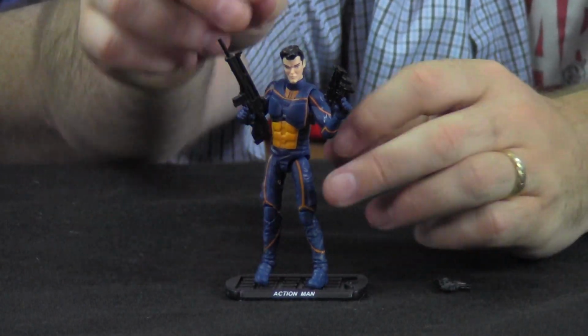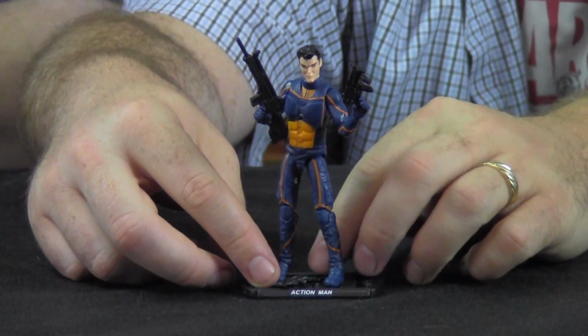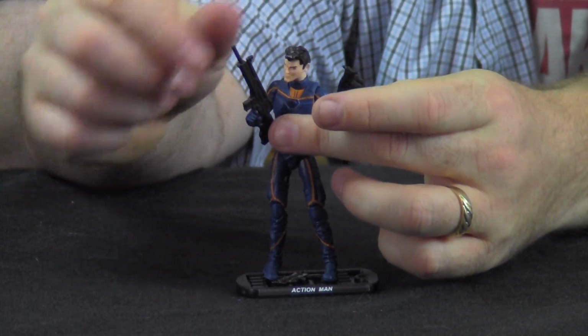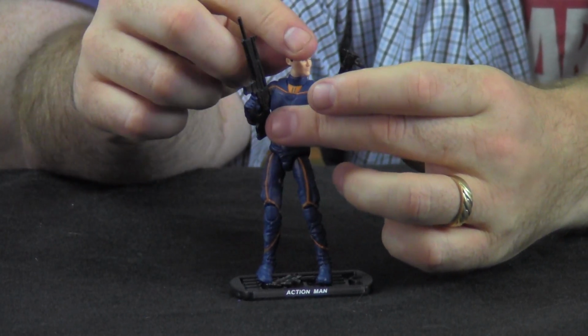So that's actually a British rifle. You know what? I don't know, man. I think it's the modern FA. Is it? I don't know my guns. I don't know anything. But the head sculpt's...